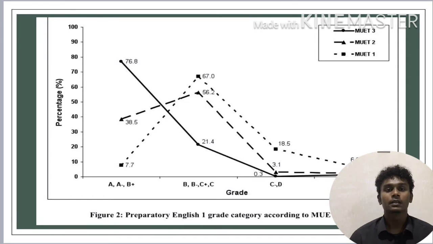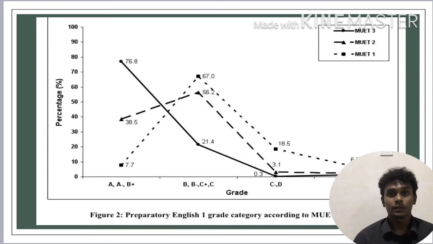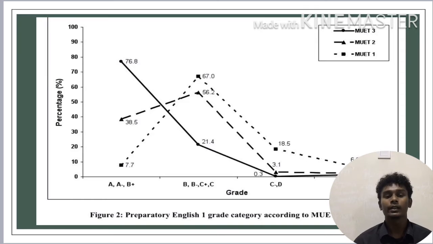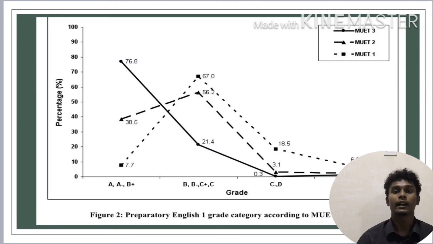Instead, the percentage of undergraduates who managed to excel in MUET band 2 is 38.5%. From that, the graph then increased considerably, about half of the total percentages, showing that more students passed averagely. Then the graph decreased sharply as only 3.1% of undergraduates had a weak pass in their examination. Then the graph increased slightly, which shows students who obtained failure in this examination.